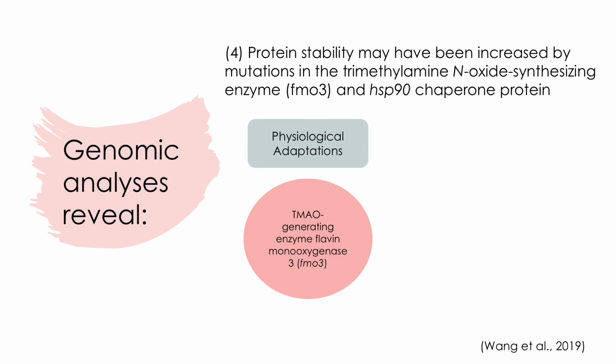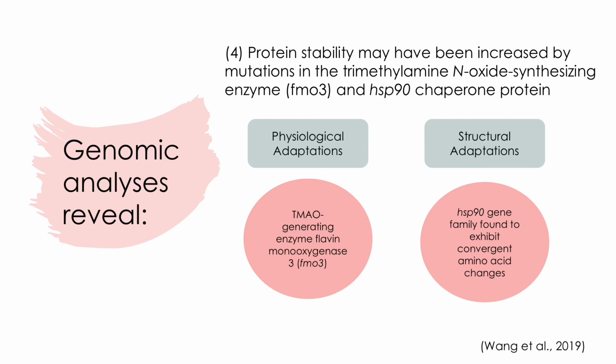species. Most teleost genomes contain 5 copies of the TMAO-generating enzyme flavin monooxygenase 3, or FMO3, 4 of which are tandem repeats. The first gene of these repeats, called FMO3A, was strongly expressed in the liver of the Mariana snailfish. These changes in the gene's protein coding and regulatory sequences may really help the snailfish increase TMAO levels to improve its protein stability.